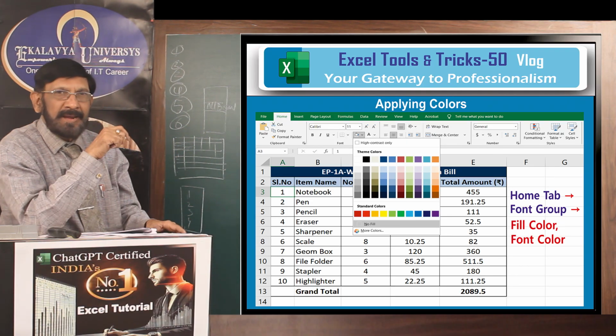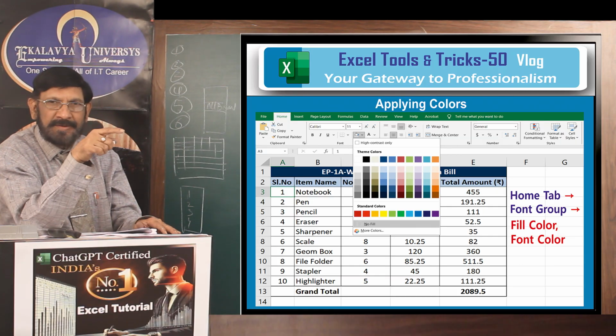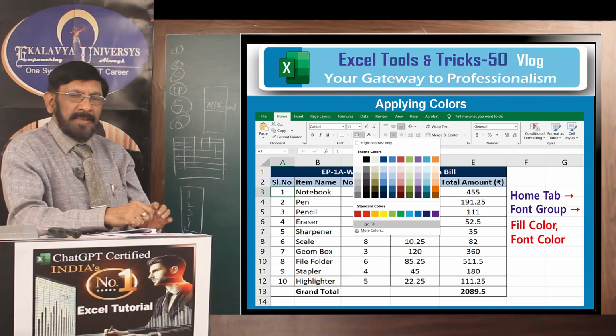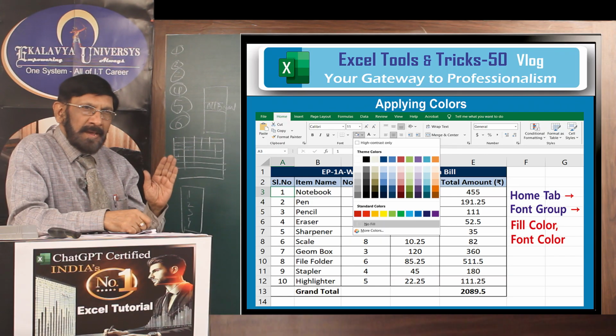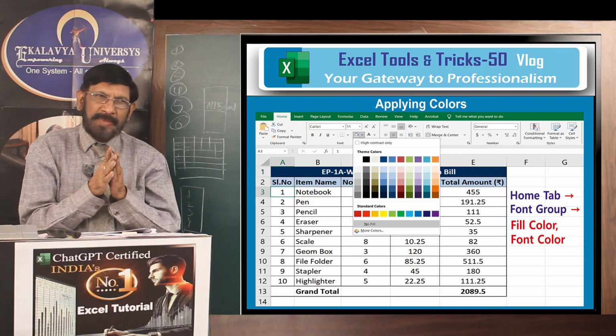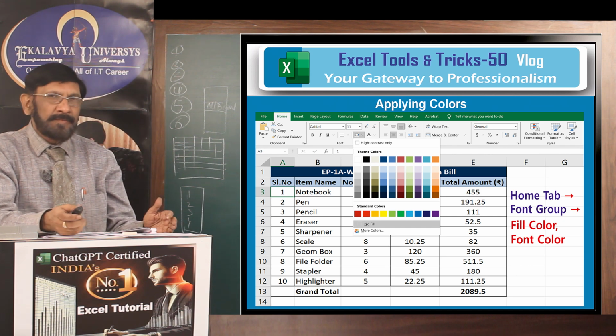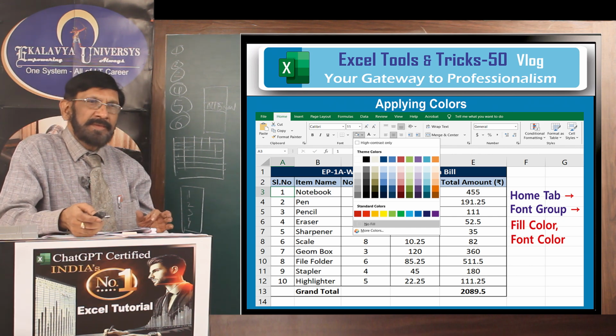Font color also you can choose. Side by side you can find them. Just find the icon, you see that, and do fill color and font color. And whatever you like, do that. First, whatever I have given, you do that. It is a standard. Thereafter, whatever you like, you do that. One thing I am telling you,